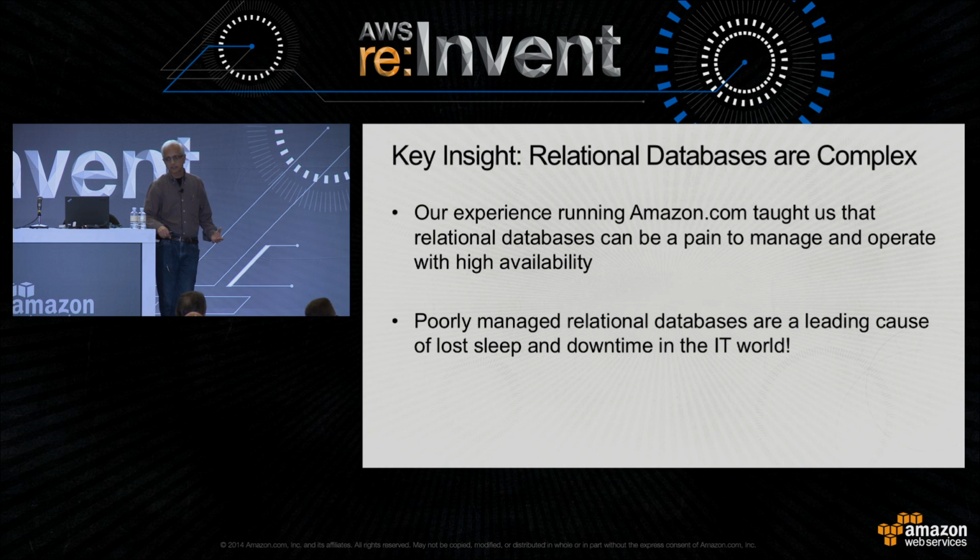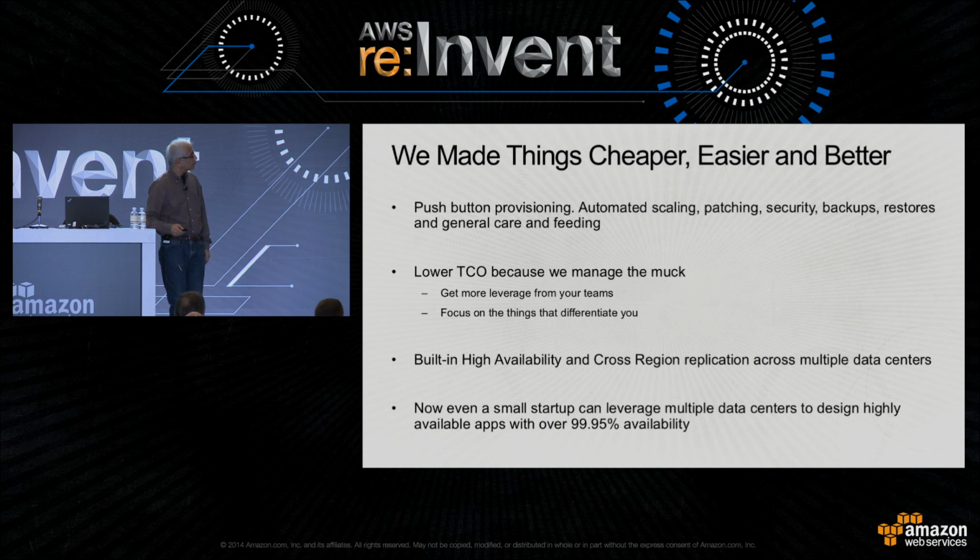The pain to manage them is real, and if you are involved in the IT industry, you know that one of the leading causes of losing sleep and getting called late at night is because some relational database fails somewhere. It's a leading cause of lost sleep and downtime in the IT world. So we said, okay, yes, you could run relational databases on EC2, but could we do a better job where people get a little more sleep, have a little less downtime, and don't have to deal with all the hassles of managing databases? And that was a core insight that we had, because of which we built Amazon RDS,